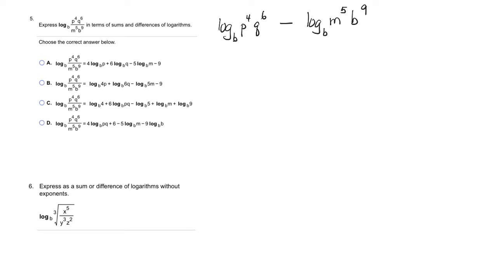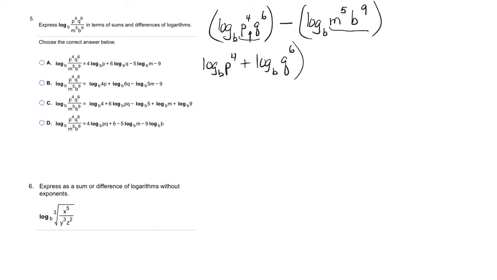Okay, now I could leave it like that. That's a difference right there. But since I have two terms in each one of these logarithms, I can use the product rule to separate those as well. And so I'm going to treat this as a group and this as a group. So the first one, that's a product rule. So I can split that apart. So log base b of p to the fourth plus log base b of q to the sixth, okay, minus, this one would be log base b of m to the fifth plus log base b of b to the